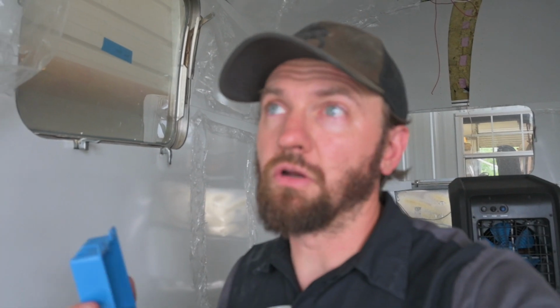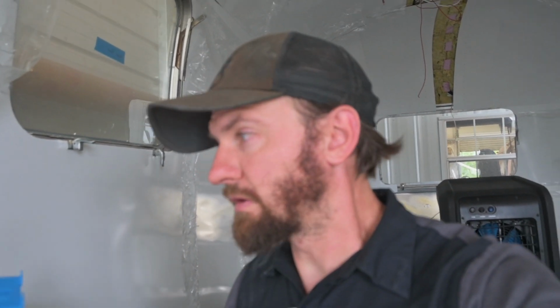So, there's not necessarily code when it comes to RVs like there is for a house, so you don't have to adhere to that and attach it to a stud or whatever. But it is a good idea to use electrical boxes if you can. If you can't, what you would want to do is basically wrap tape around the outlet itself, because there's some spots that are really just too tight to put something like this. So that is another option, but these are obviously going to be a little bit better protection, so it is